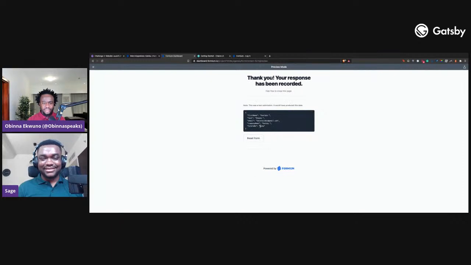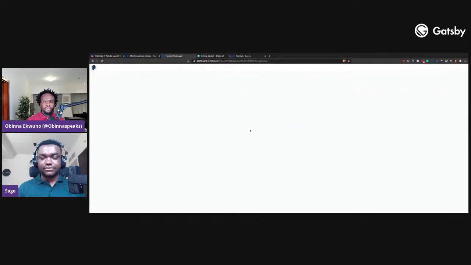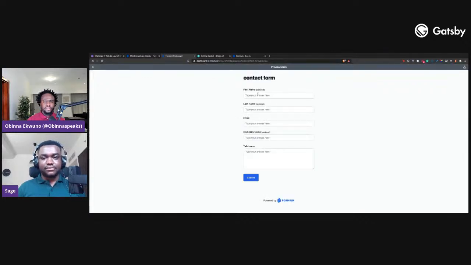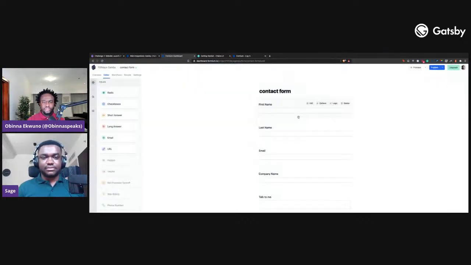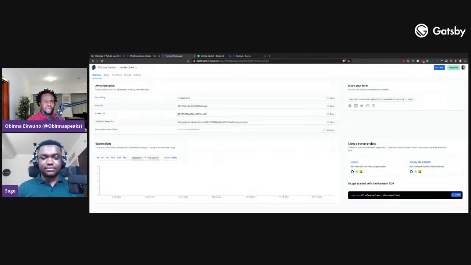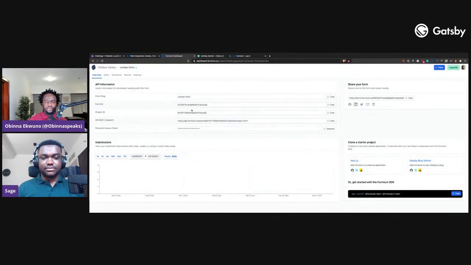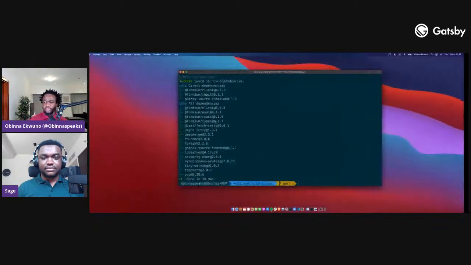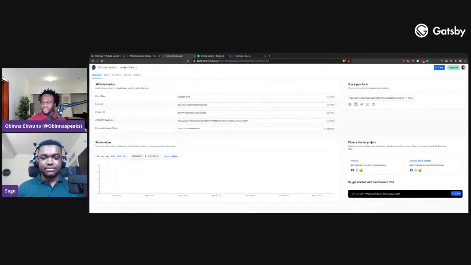So let's submit this, and you see that it returns a JSON file, right? Just to see how this works, and then we can reset the form and have that come back here. So let's close this. This is all set up. If we go to overview, this is where we see all the stuff that we're supposed to use, right? Like I said, I'm not supposed to be showing this, but because of the high value,